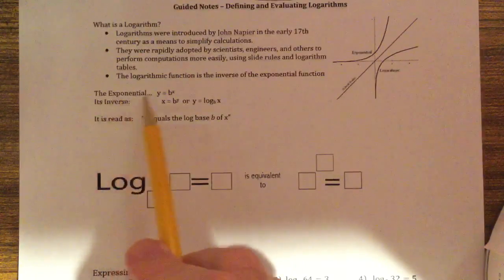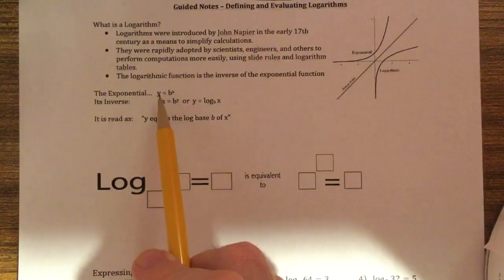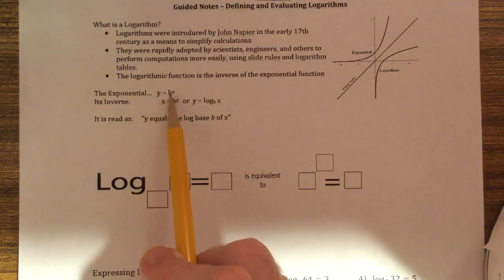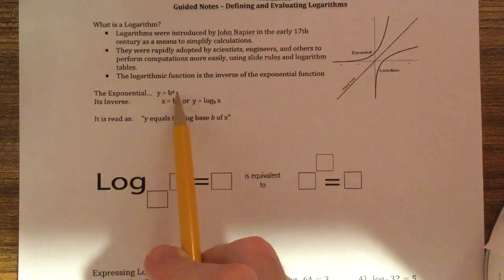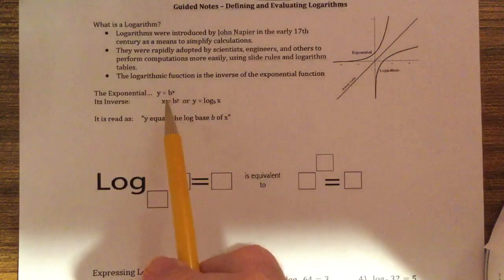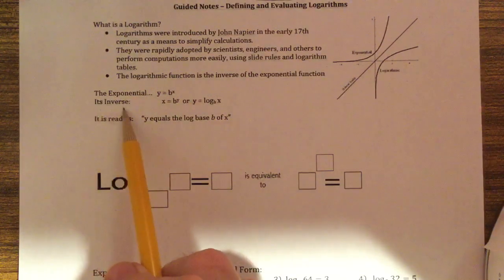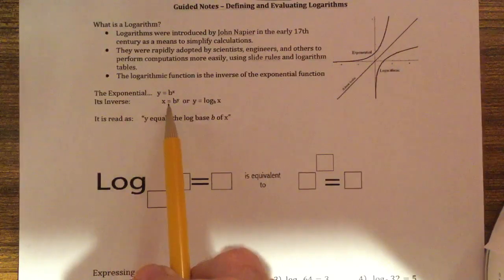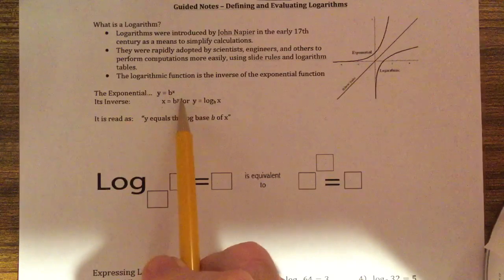If we write the general form of an exponential function as y equals b to the x power, where y is your output, b is your base, and x is the exponent, or the input, that's your general form of an exponential function. Its inverse, then, would be written as x equals b to the y power,